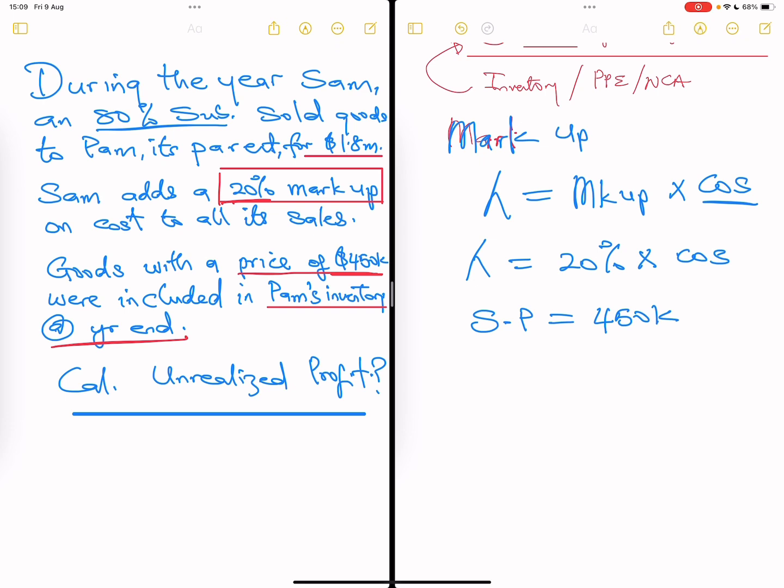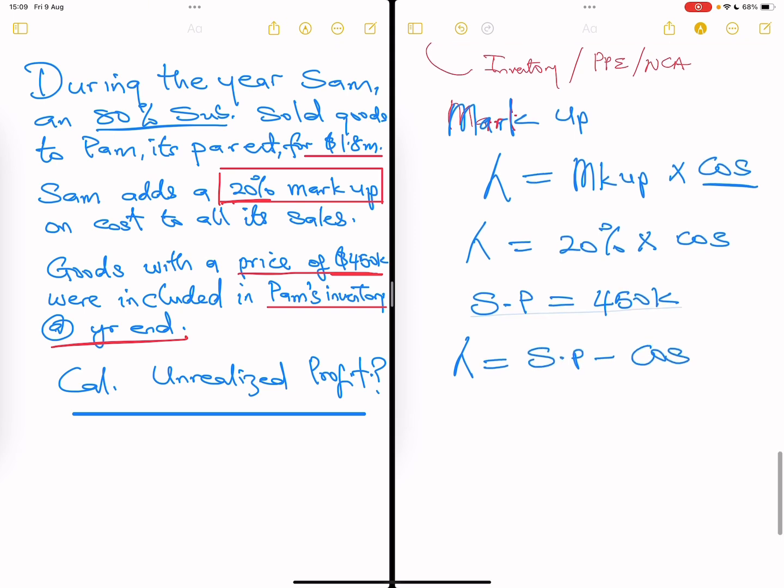And remember, I also told you that profit can also be calculated as selling price minus cost of sale. So we know the selling price here. What we are looking for is cost of sale. And we also know that profit is 20% of cost of sale. So if we put in this profit to be 20% of, say, X, which is the cost of sale that I'm looking for, so that I can use it here,